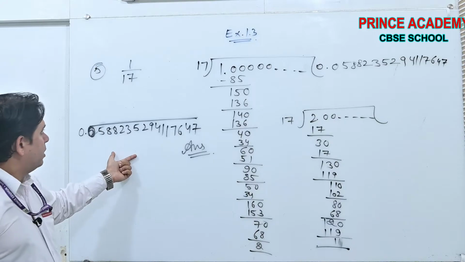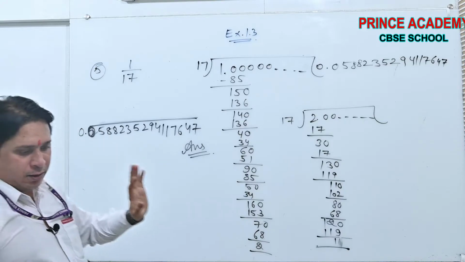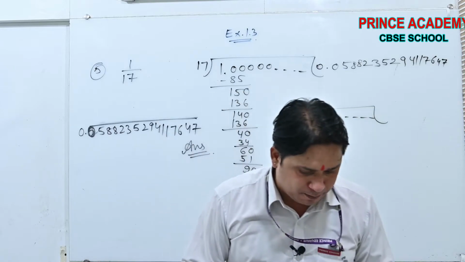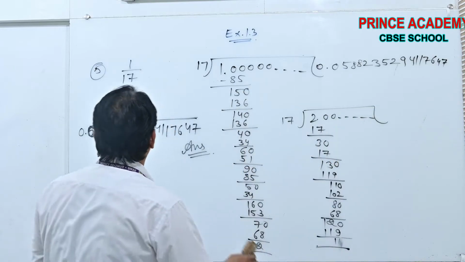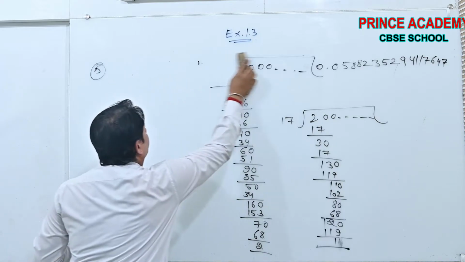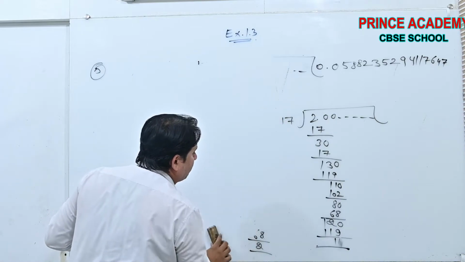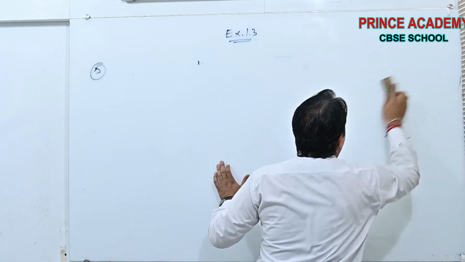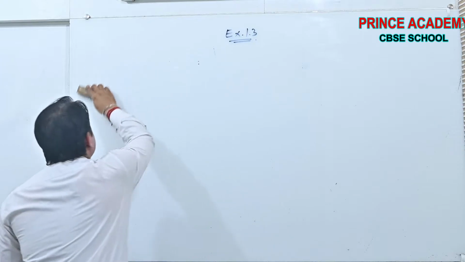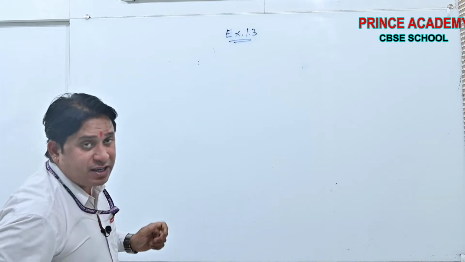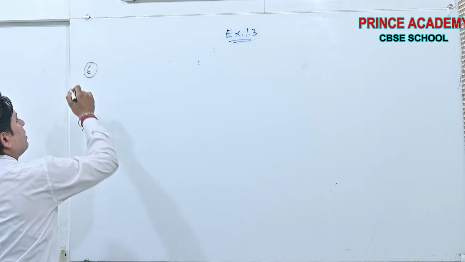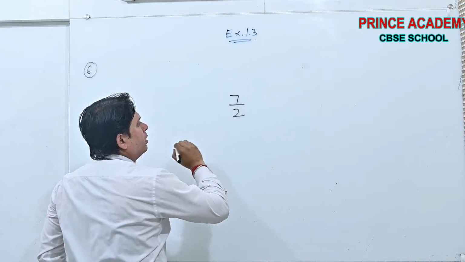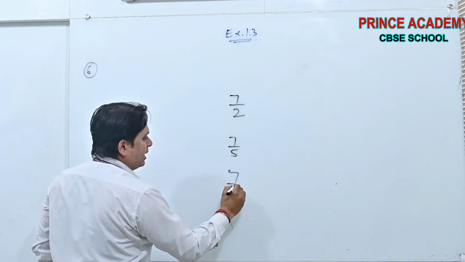Okay, done. Take the screenshot and solve. Done. Now question number 6 beta. Without any delay in the time, question number 6. See beta, in question number 6, what should be the Q? If a rational number is given P by Q and the decimal expansion is terminating. See beta, in the earlier lecture, I have given you some examples. Right now I am giving you some examples. See, if a number is 7 by 2, 7 by 5 and 7 by 3.